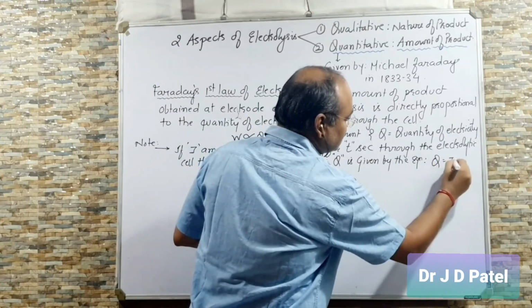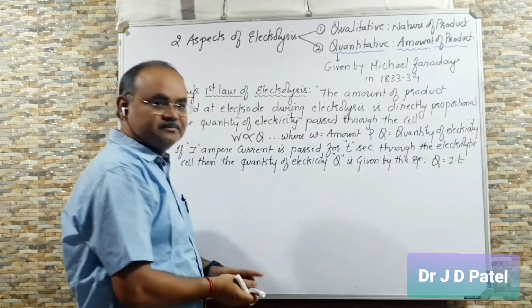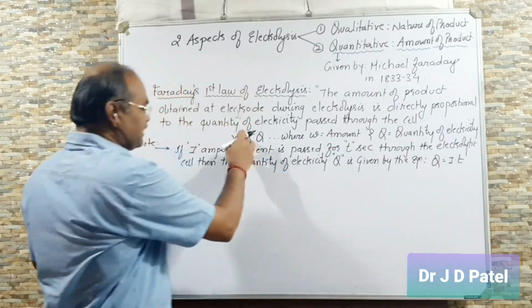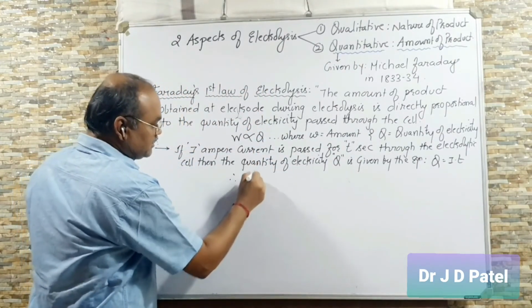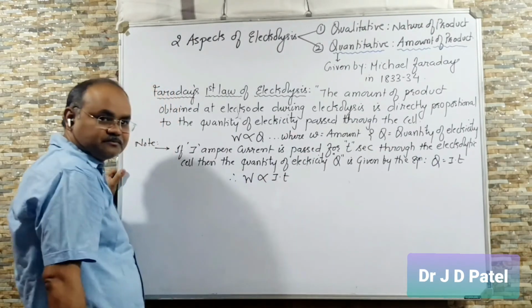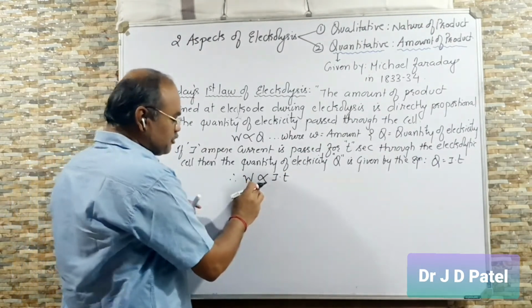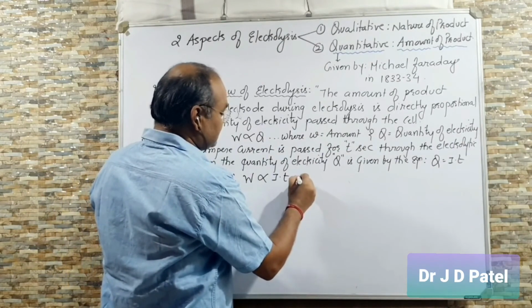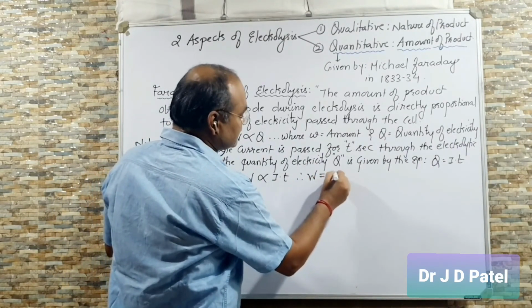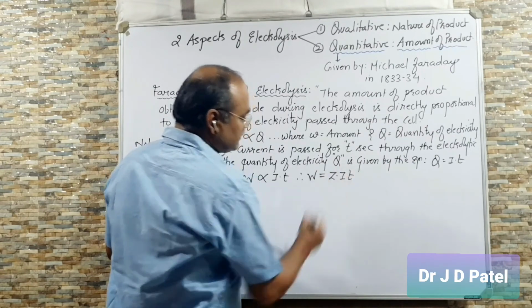Q is equal to IT. Q is equal to IT. So, can I write like this? Therefore, W is directly proportional to I into T. If I want to remove the proportionality sign, I can write, therefore, W is equal to ZIT, where